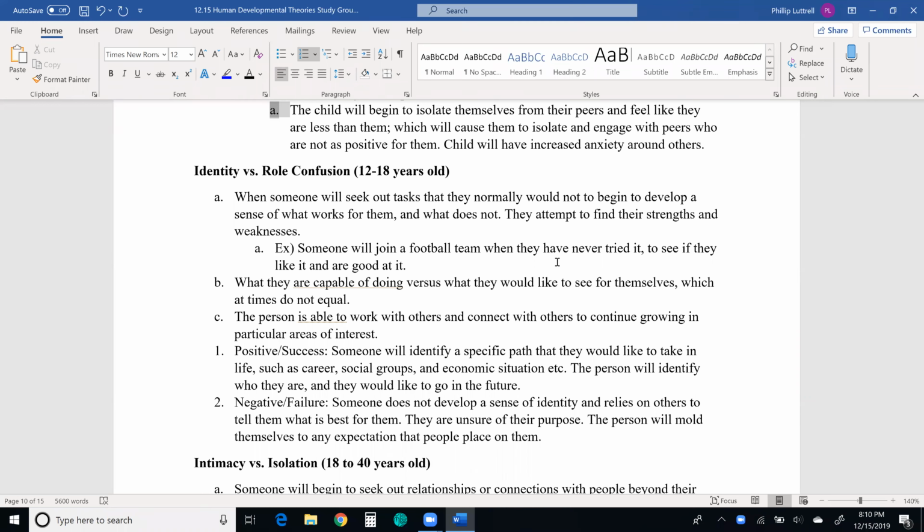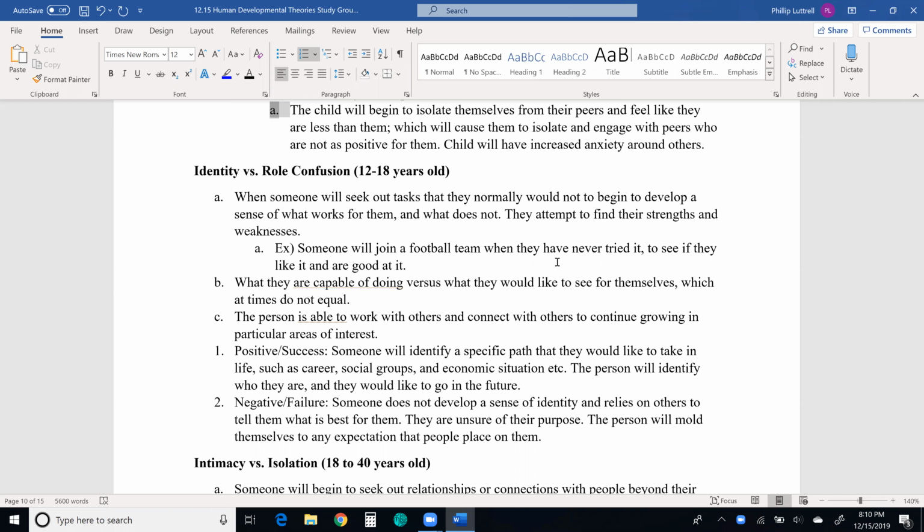So this is the culmination of creating an identity and trying to find your strengths and weaknesses, what could actually work best for you and what you want to see for the rest of your life. So someone will, for example, join a football team when they have never tried it to see if they like it and if they are actually good at it. So this is going to be a lot of trial and error of what you like and what you don't like. So if you picture back around from 12 to 18, you're looking at like 8th grade until senior in